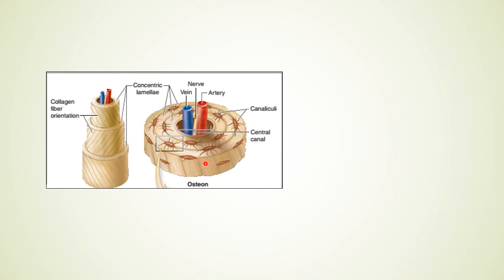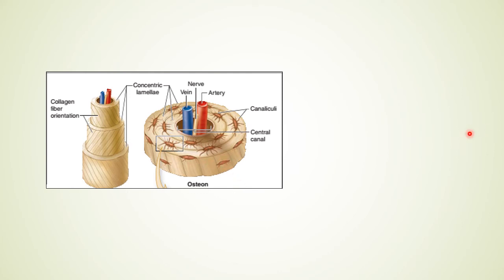Between the lamellae, we have the lacunae, which contain the osteocytes. These cells are almond shaped, elongated. These are the osteocytes. The osteocytes give off dendritic processes that pass inside the canaliculi. So each lacuna contains an osteocyte, and the lacunae are connected by canaliculi. Canaliculi contain dendritic processes of the osteocytes.